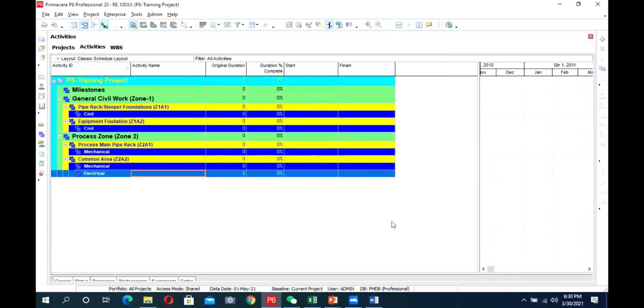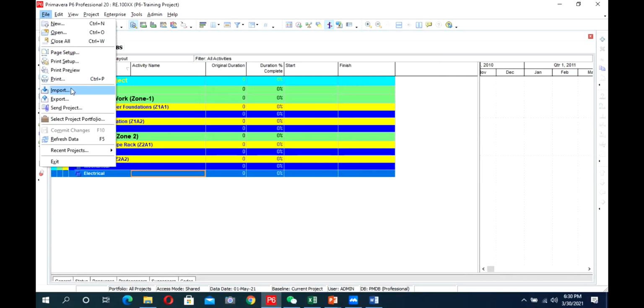We have exported this file. I will share it in the group also. If anyone of you is behind at the end, before the start of tomorrow's meeting, you can upload this and you can have it in your system.